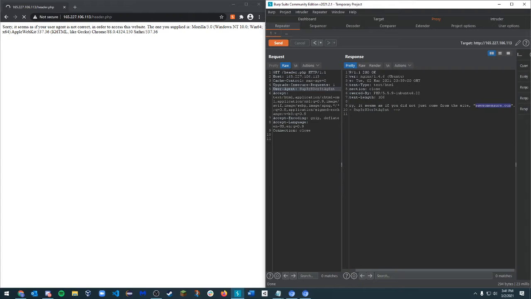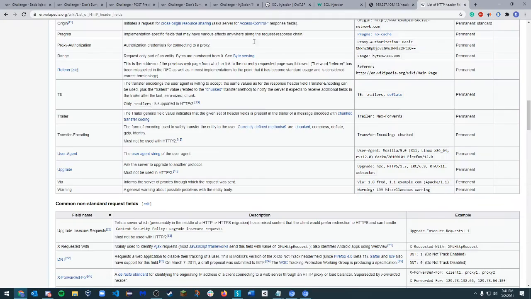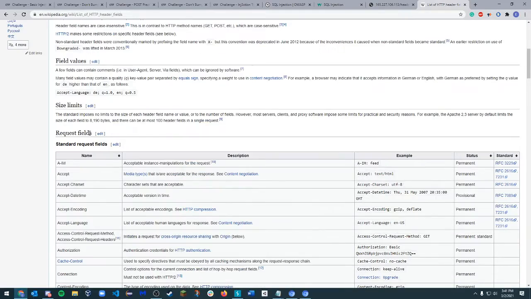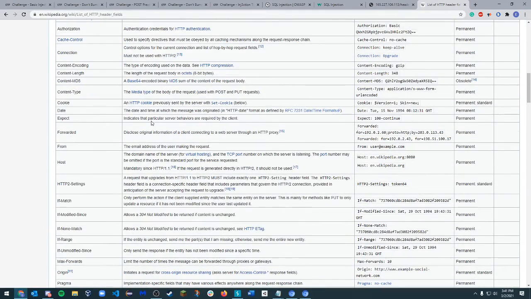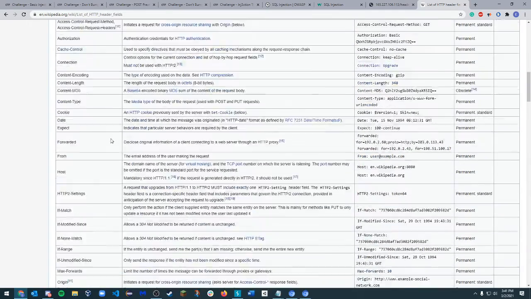So another thing we do is we think, okay, if we just changed the user agent to something and it gave us something interesting, maybe we have to change where we came from, be really specific in where we came from. So how do we go about finding out what HTTP, what's this called? I just said it. Request field we have to use to return that. So after some researching,